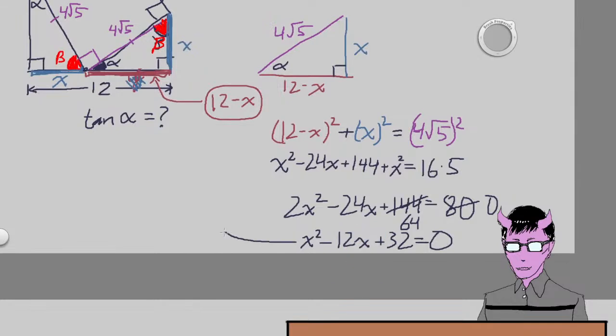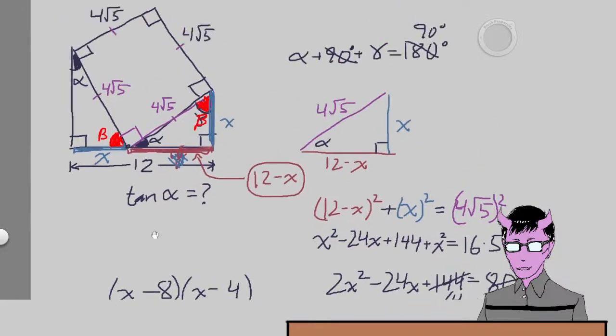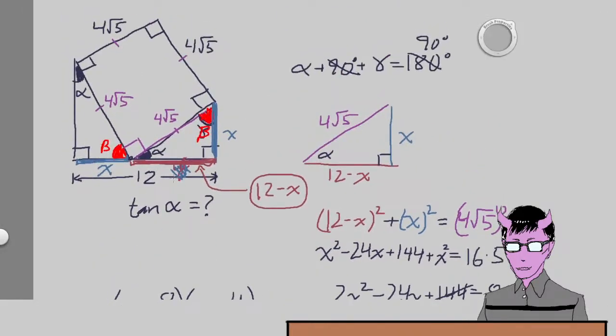Okay, well, this is a factorizable quadratic. Quadratics will always pop back up. So factors of 32 to sum to negative 12. It's going to be 8 and 4. Signs are the same, both signs are negative. So thus we have two answers. X is equal to 4, comma 8. That's kind of weird, right? Shouldn't we just have one length for this one? Well, it's because this drawing is actually technically ambiguous with these numbers, but,